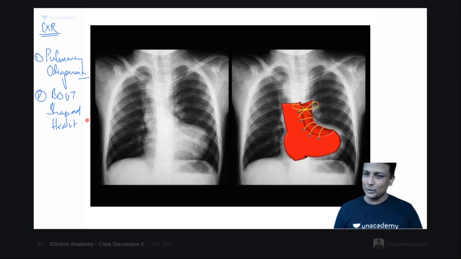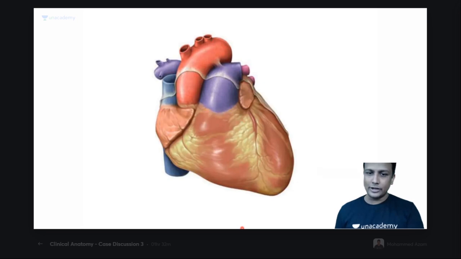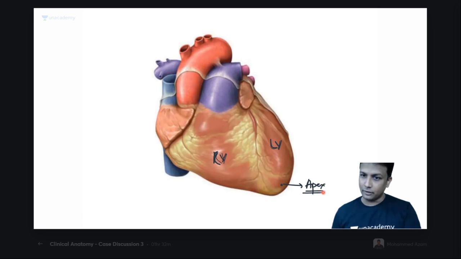अच्छा, ऐसे क्यों हो रहा है? Why is it happening like that? Listen here right now. Why are you able to see this boot-shaped heart here right now? I'll tell you. In anatomy, if you have attended my classes, I already taught you that this will be your right ventricle here, and this will be your left ventricle. So let me use another color. Yes, this one is your right ventricle, and this one is your left ventricle. And we all know that the apex of the heart will be formed by what? The apex of the heart will actually be formed by the left ventricle only.